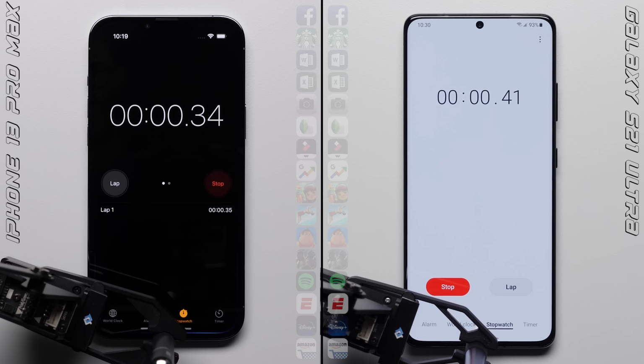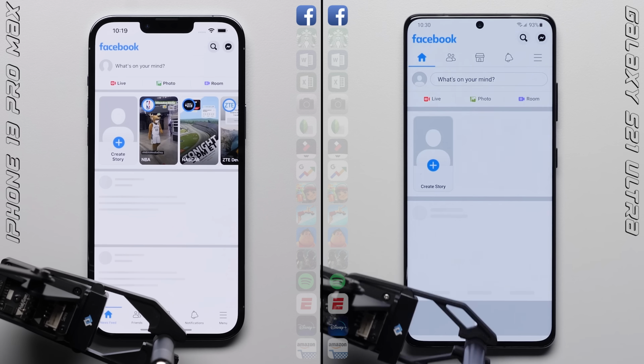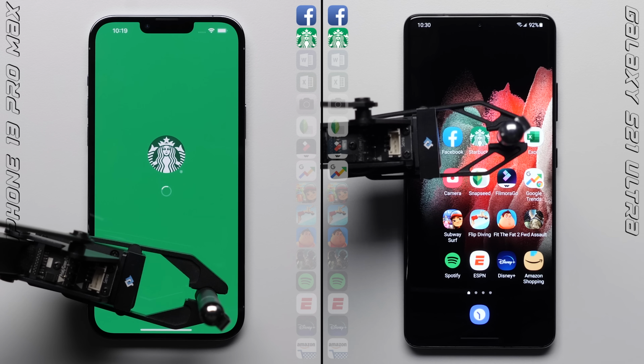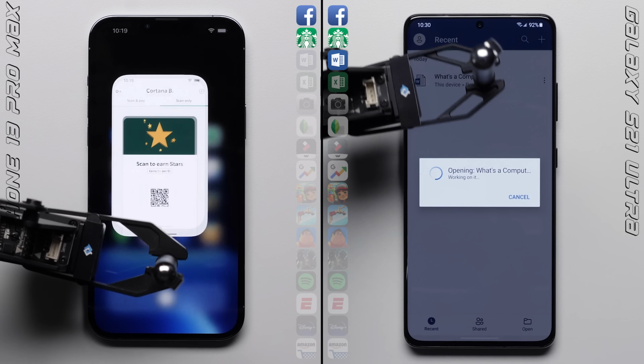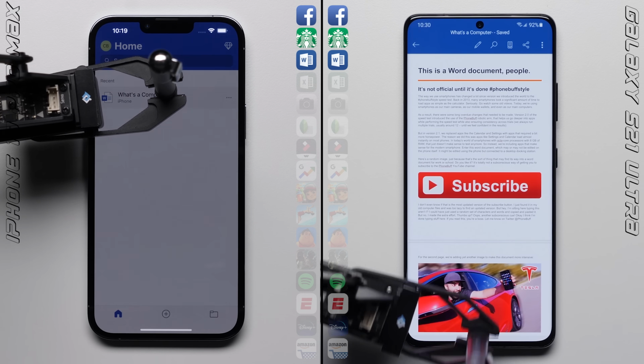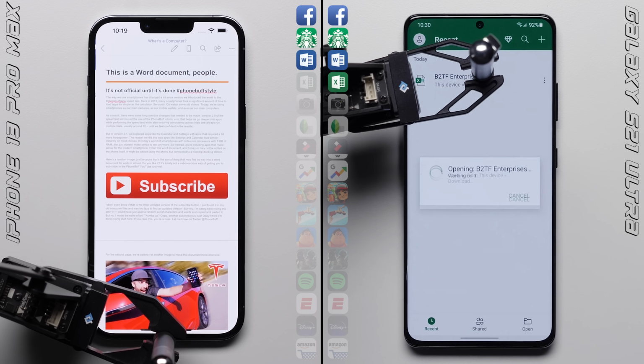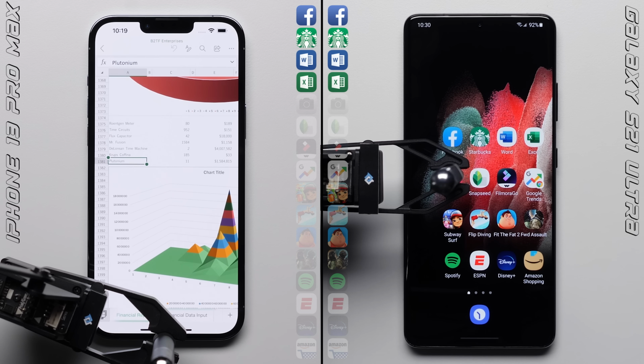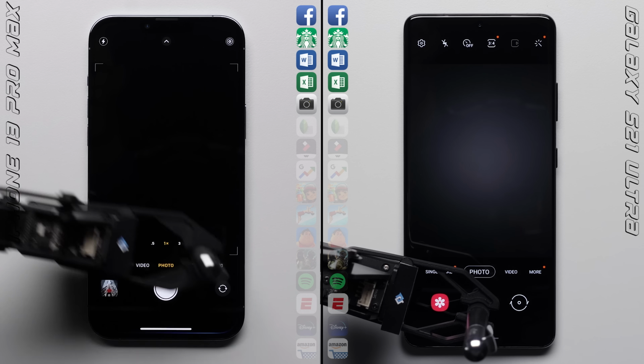Alright, we'll kick things off by starting the stopwatches on each phone and then jumping into the first row, where the S21 Ultra just blazes through Facebook and Starbucks, giving it the early lead as we head into Microsoft Word, where in the past, this was the point where the iPhone would overtake the Galaxy, but this year, the Galaxy is doing a good job at maintaining its lead, with both phones finishing up with Excel and moving on to